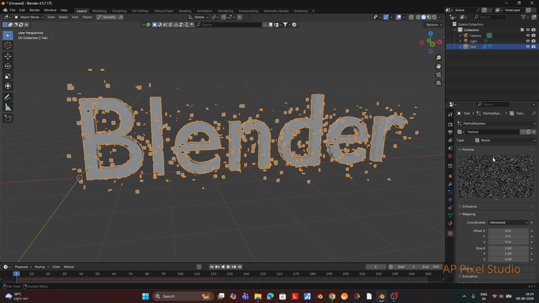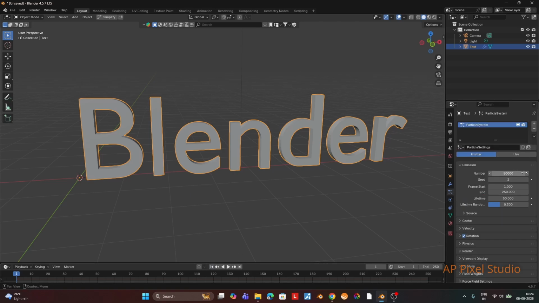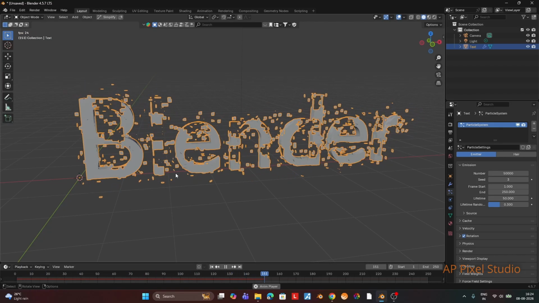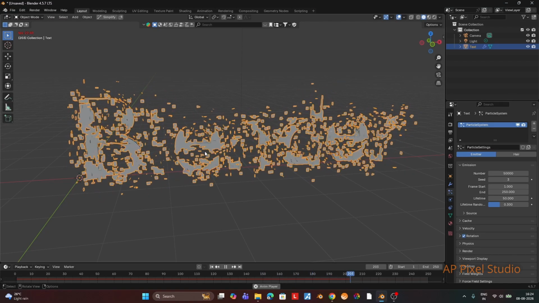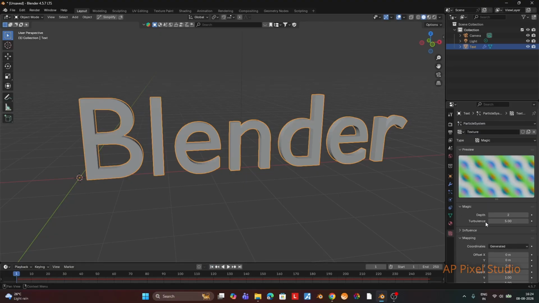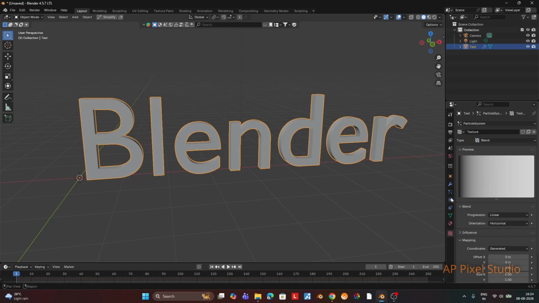If we change the type of texture, for example magic, so it will be a different kind. So from random places at times it will just emit the particles. If you just play it for this, you see it's not like the noise structure from every place, it's some random place and a bulk of the particles are moving. So each texture type will have its different kind of effect. So if we go to the blend, there are multiple types, linear, quadratic, easing and different types.